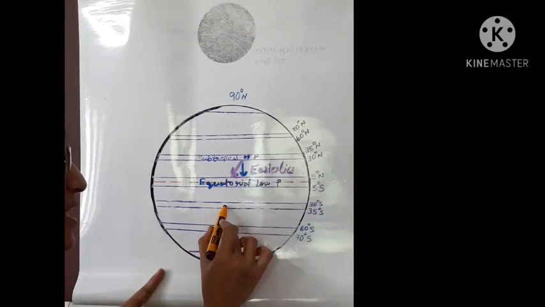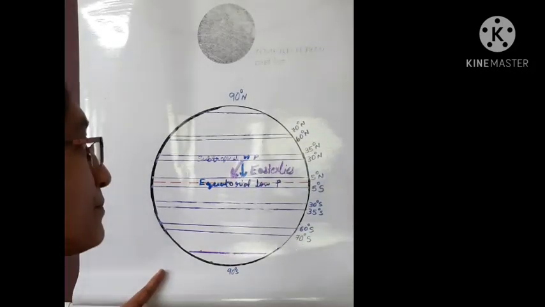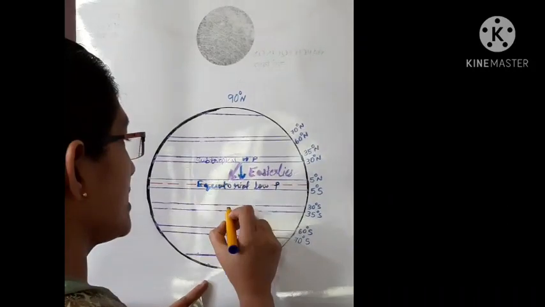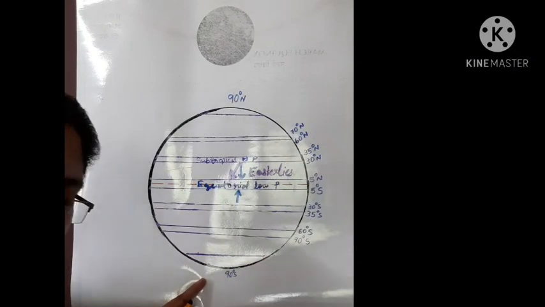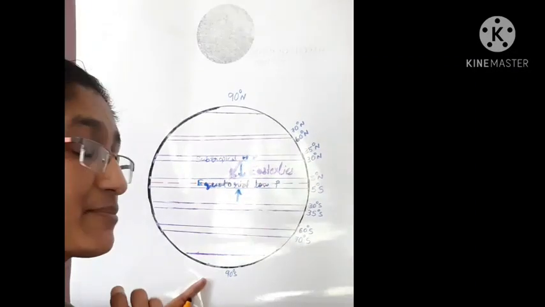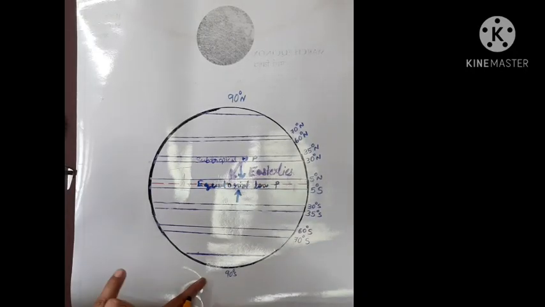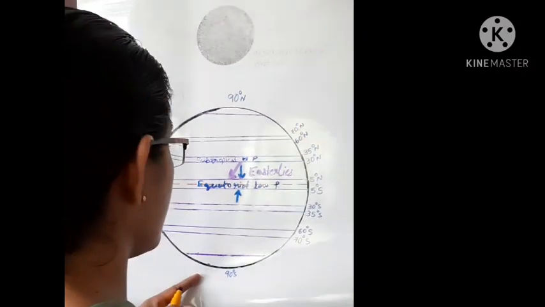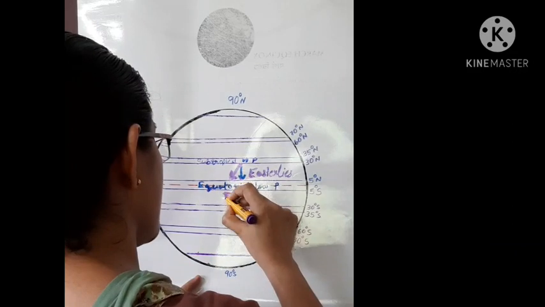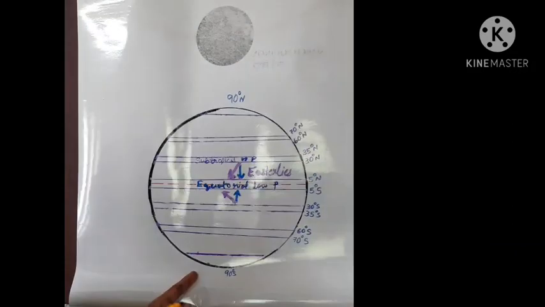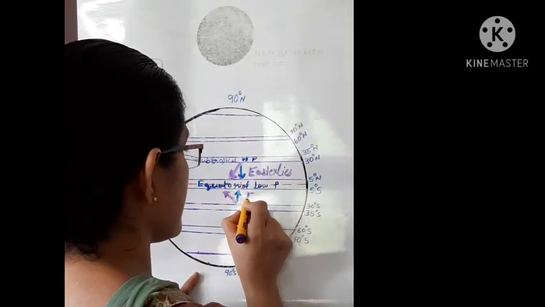In the same way, in the southern hemisphere also, from the subtropical high pressure belt, the wind will move towards the equator. These winds also have a tendency to deviate from the original direction. In the southern hemisphere, they move towards the left of their path. So this wind moves from southeast to northwest. See here, they are moving from the east direction, so again these winds are named easterlies.